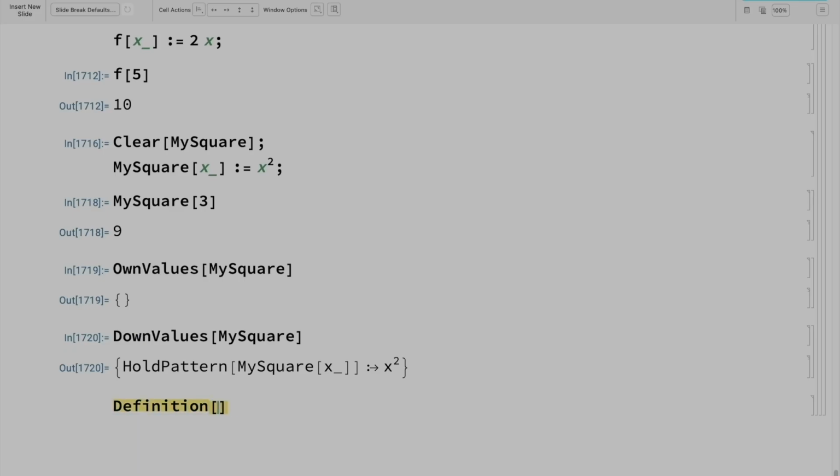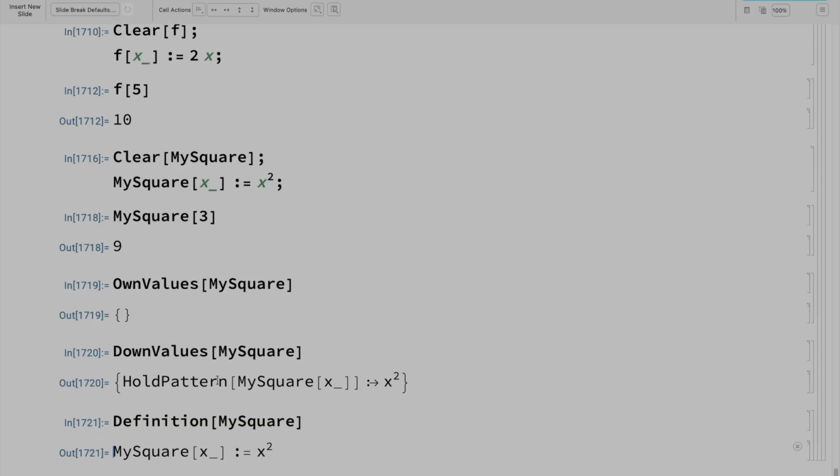So I can say Definition my square, and that will tell me it's a down value. Anything that looks like this is a down value because it's telling me how my square would be rewritten if it was the head of some kind of expression. All right. So those are the 3 ways to investigate what my square looks like: OwnValues, DownValues,